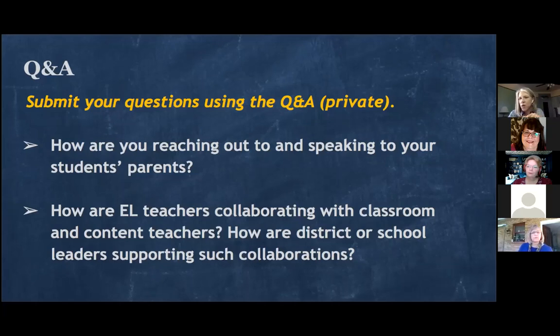Do you want to share what you know right now of some credit recovery plans and supporting students? Yeah, we're just focusing on the secondary level right now that I know of. For the month of June, we're focusing on credit recovery, for students that need to retake classes or get graduation credits.